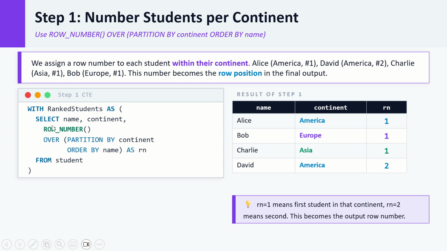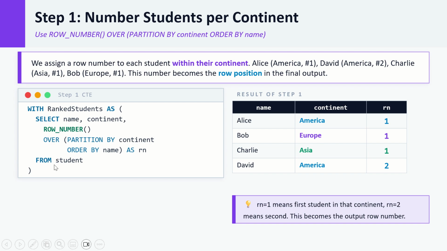Now we have SELECT to select the name of the column. We are selecting both the columns, name and continent, then ROW_NUMBER() OVER (PARTITION BY continent). So we want to make this row number within continent. So basically when the continent changes, the counter should again reset to 1. ORDER BY name, within that partition, we want the sorting of the name to be as per alphabetical order. And this is the alias name that we are giving, RN, which is basically short for row number,